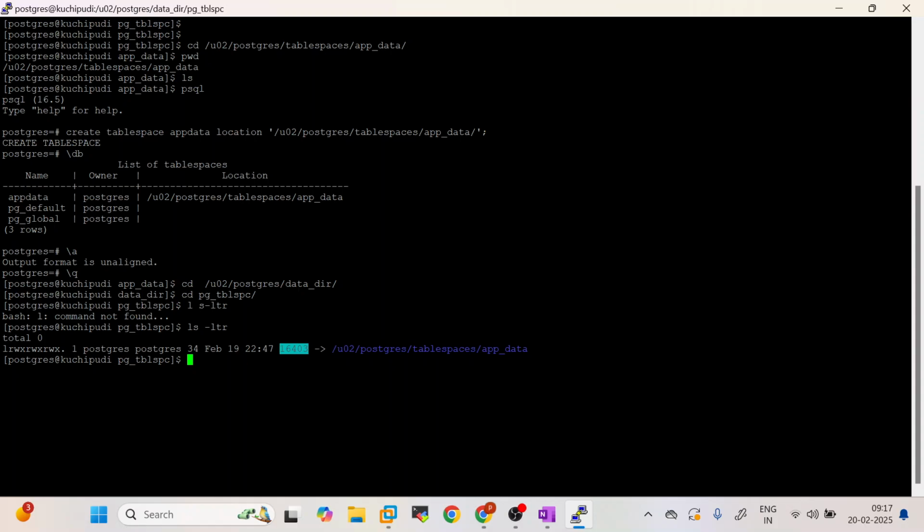Whenever you create any object in the Postgres database or Postgres cluster, each object will be assigned a unique value, which we call an OID, or object identifier. Now the next thing that we need to observe is that before creating the tablespace, this location is